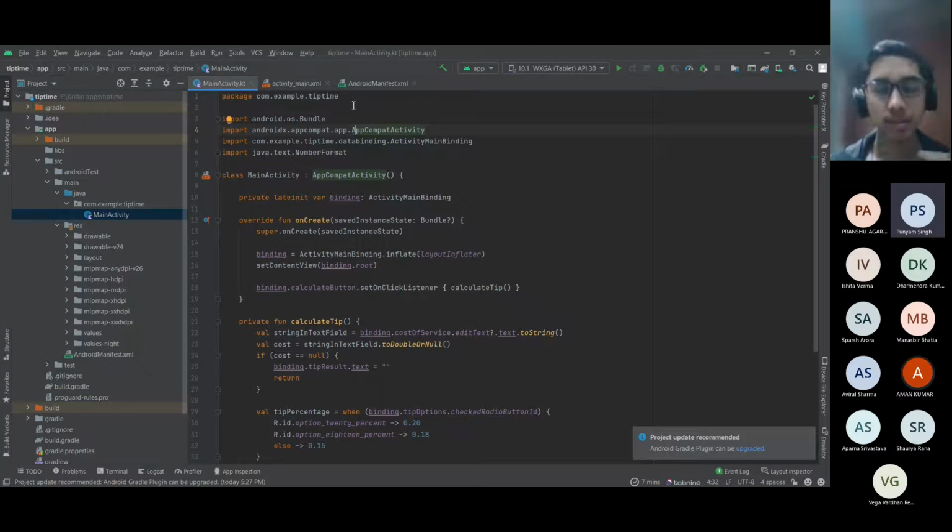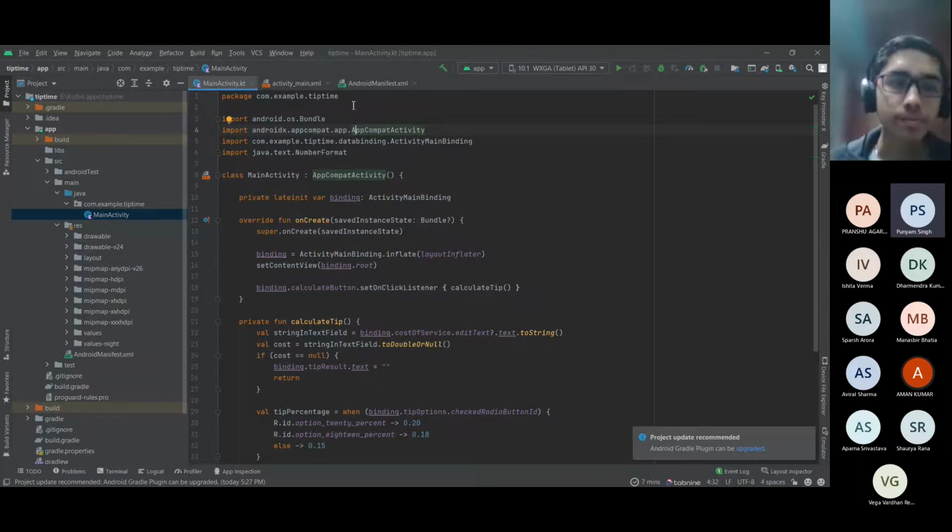Next we have our import statements. You remember that in our module level build Gradle, we said that we are using these libraries. In your code, you'll have to further declare that from these libraries I want to use this specific file or this specific part of it, so that it's much easier for the compiler to work with. Or else if it gets the whole code and most of it won't be used, it will become very slow and won't serve the purpose, right? So you just say that you want this specific functionality and import that so that it can be used along with your code.